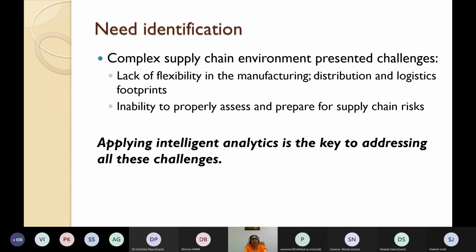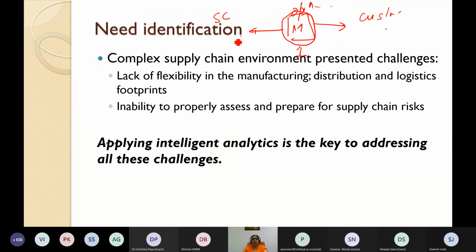Whereas there is a lack of flexibility in manufacturing, distribution and logistics. If you talk about supply chain, let's say this is the manufacturer for which you are discussing the operational aspects. There's only one entity. Backward end, you have lots of suppliers. It can be tier 1 supplier, tier 2 supplier. On the forward end, you have the different customers, the distributors, the retailers, the end customers. So on this end, you have customers. The usage at this end is totally different.